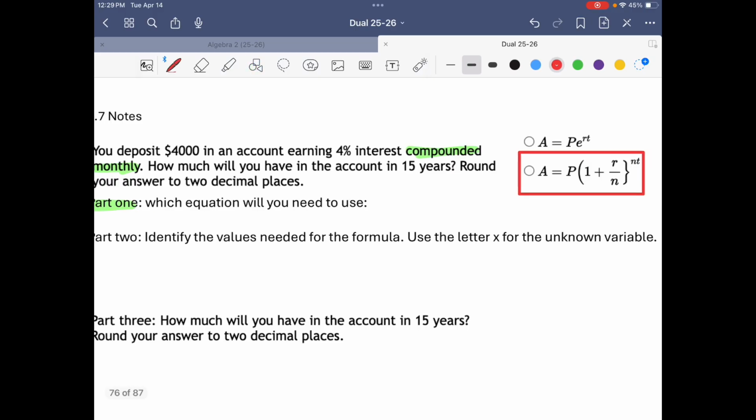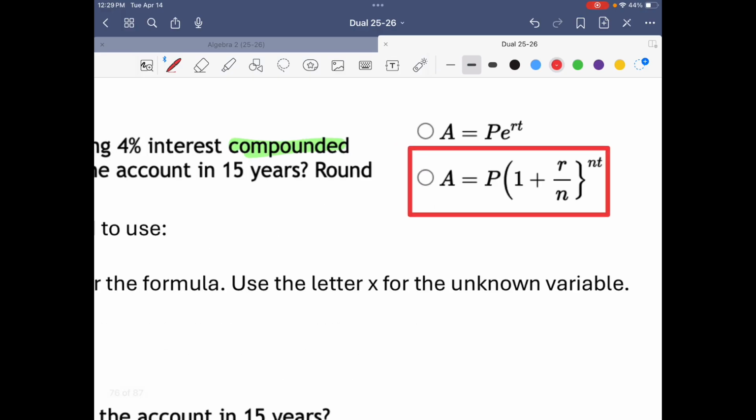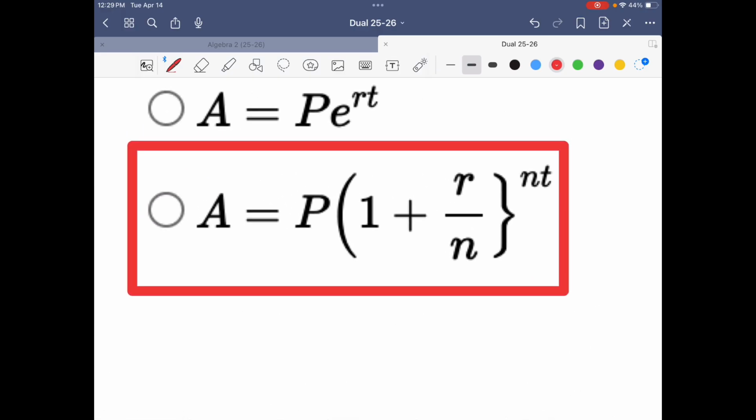Part two, identify the values in this formula. Use the letter X for the unknown. In other words, all the letters here, you're going to put the numbers that they belong to, like what belongs in those numbers, okay? A is